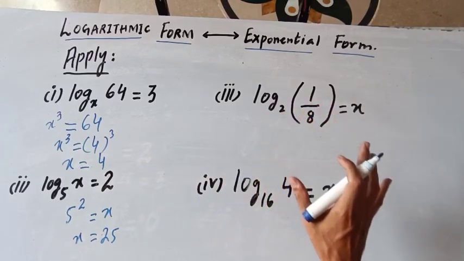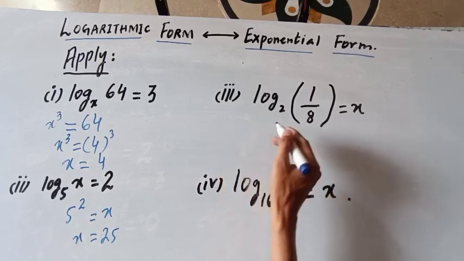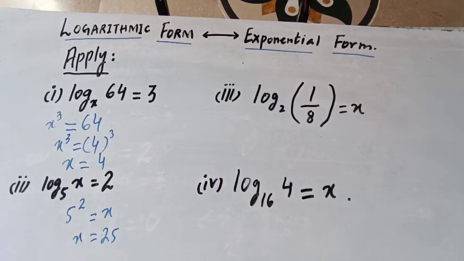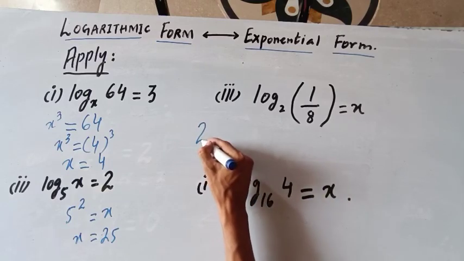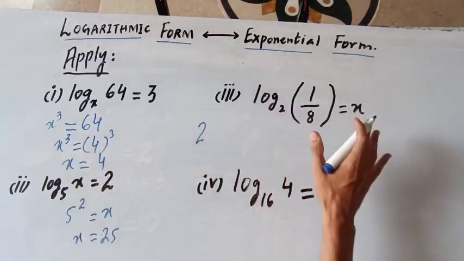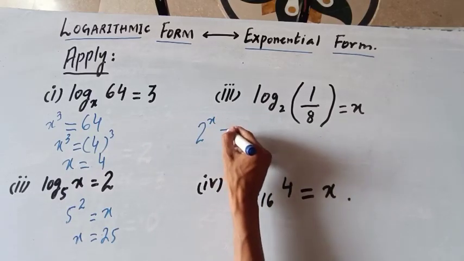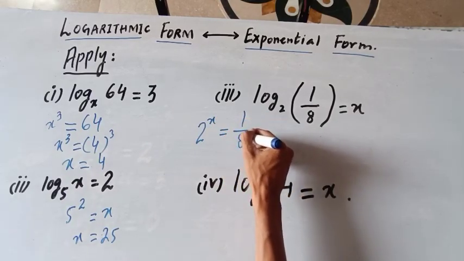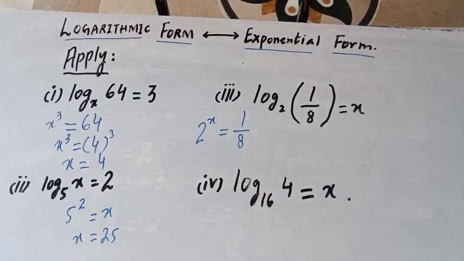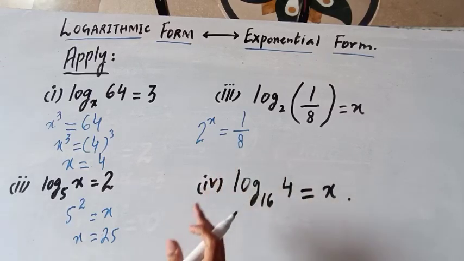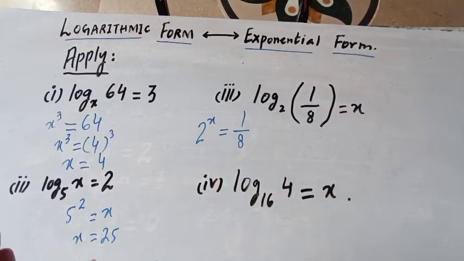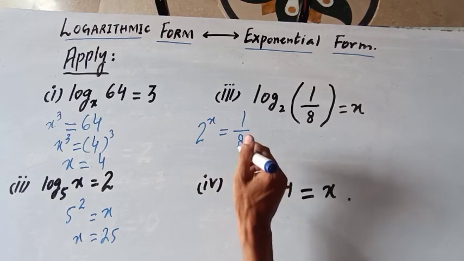Now it is a little bit different case, but it is also very easy. If you look over here, the first and most important step is to write your log form into exponential form, and then it will become very easy for you. So first of all, we have base as 2, and you know that over here the power is unknown, and the answer is 1 upon 8. Right? So now what you need to do is first convert your 8 into base 2. Why? Because if the bases are same, then I can compare them, and then I can find the value of the unknown in the power. So how will I write 8 in base 2?